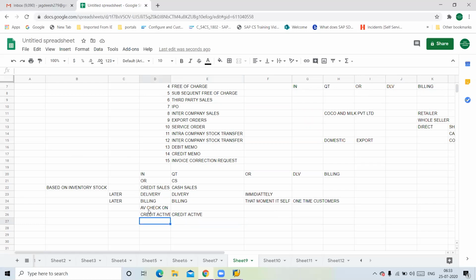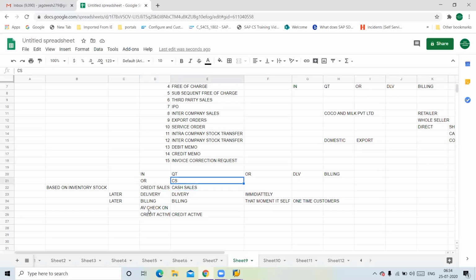So in both cases this is the only difference, and the transaction happens at that moment itself. This is the basic difference. When you call it cash sales, it deviates from your regular OTC process. That's why we call it a special process.